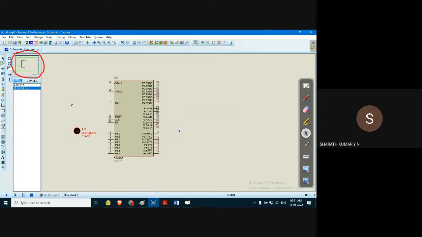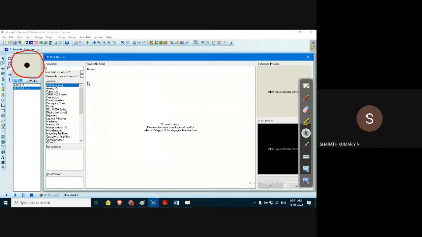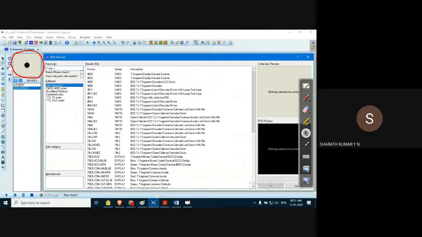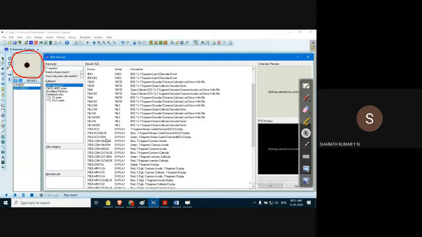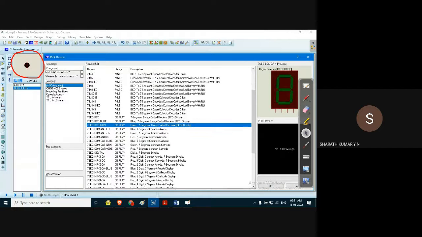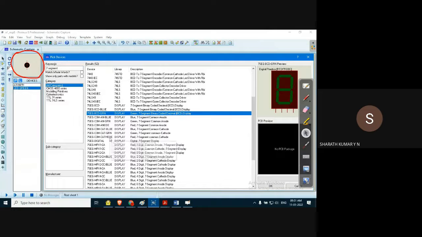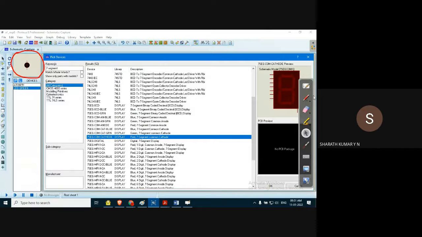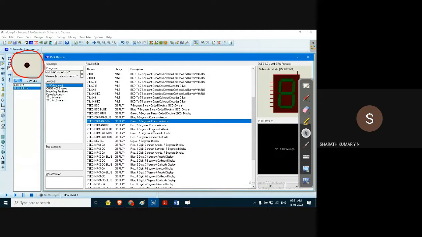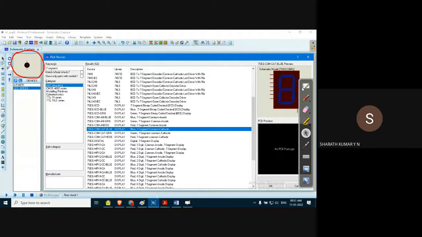Similarly, we have what is known as a seven segment display, because I'm showing all this since all these are required for our purpose. Seven segment display device. So here you go for seven segment display. There are various seven segment displays. Wait, I'll show you one, because you can observe there are two types: common anode as well as common cathode. Which one to select? And what is the difference?